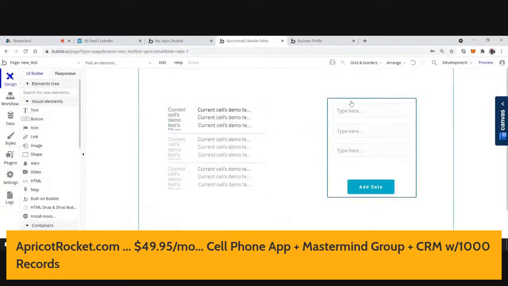So new test. I created a form. I did this really fast last time, but this is a form over here on the right that allows you to collect data, and it puts it into a database. And here on the left is a sample repeating cell group that allows you to see information live from a database.